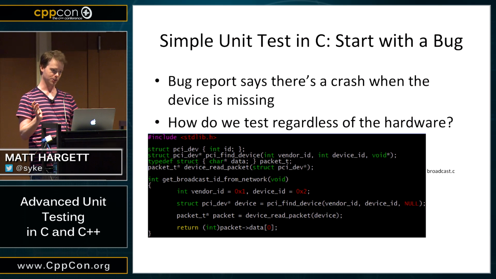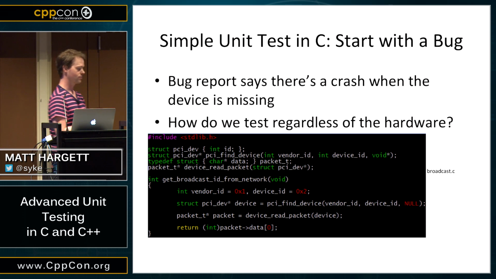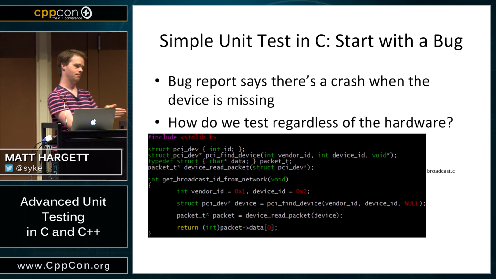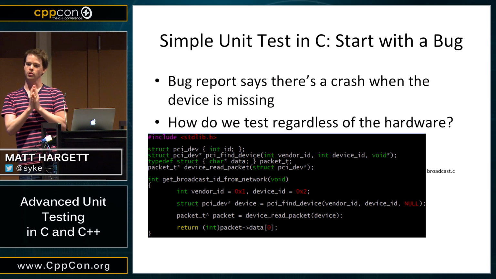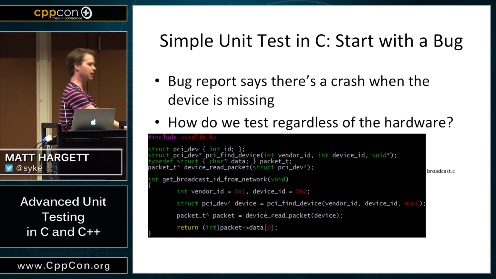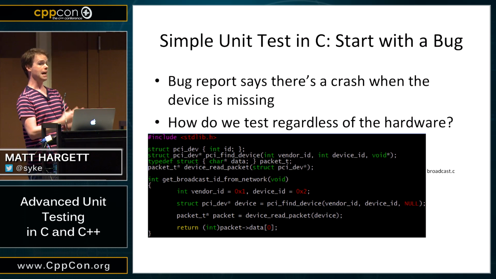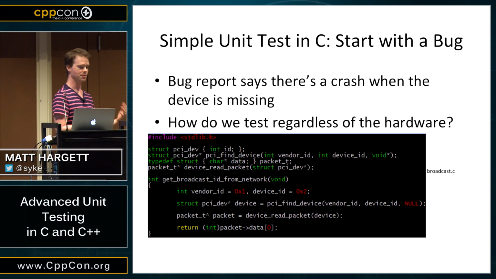So here's the refresher. The entry point to unit testing for me in any team or company is, what was the last major bug that you had? Especially bugs that got deployed to customers or got out into the field somehow, right? Because those are the bugs that got past all of your other safety nets. They got past your QA, your static analysis, your code reviews, and so on. So if it got past all of your safety nets, assuming you have a series of safety nets, let's be optimistic and assume that you do,